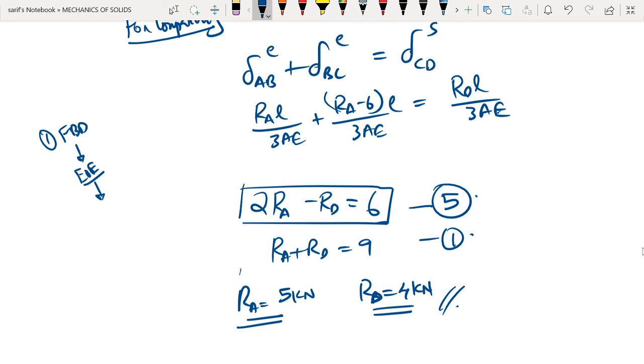In that situation, we will make use of compatibility equations, which are nothing but a relationship between the displacements. Using these relations we will develop a relationship between the forces, thereby getting an extra equation. And we will use that extra equation to solve the problem as simultaneous equations, thereby getting the answers for the unknowns.